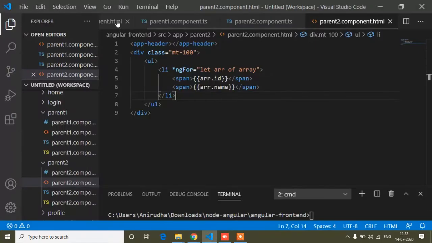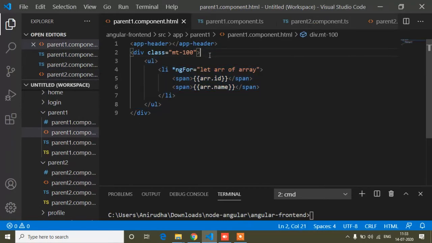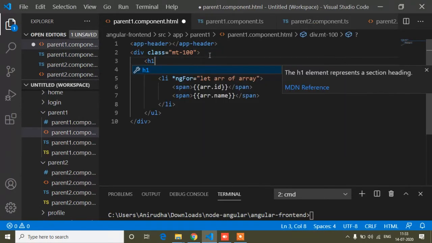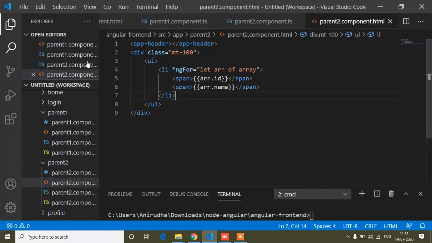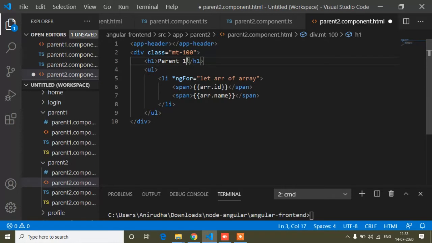So to remove the confusion, here I will write inside the h1 tag, this is the parent1 component, and this is the parent2 component.